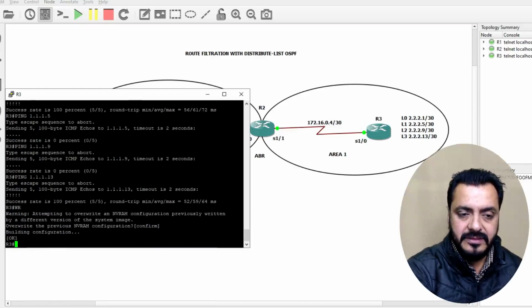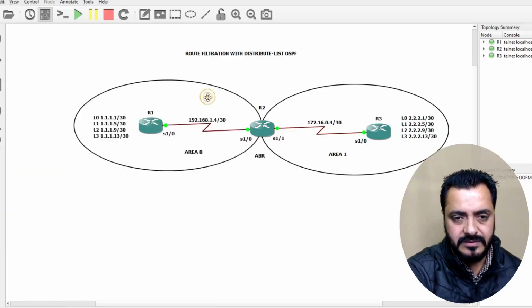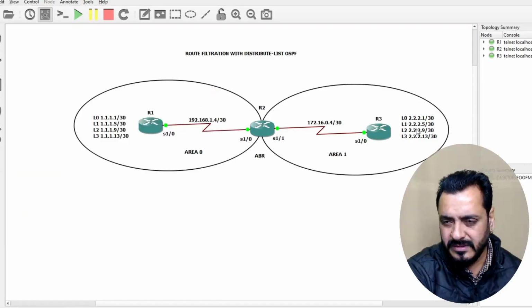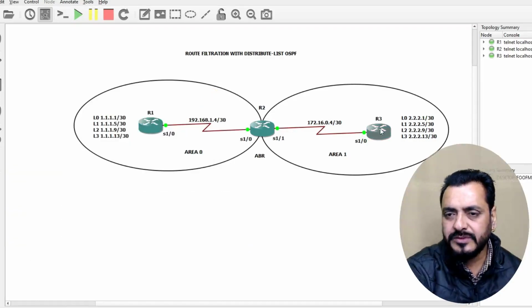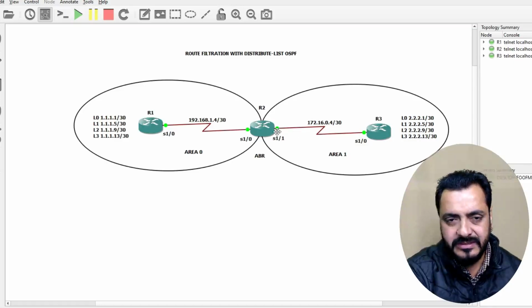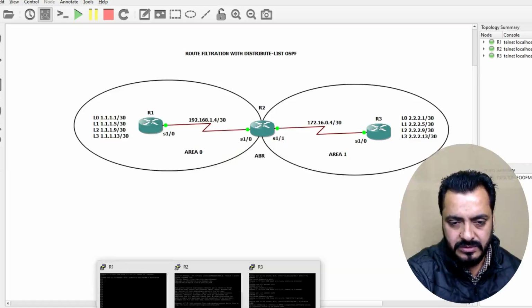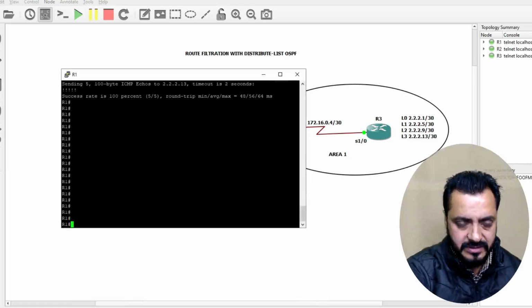Okay. Now we can also test this from R1. Suppose R1 doesn't want these two routes from R3, like 2.2.2.0 and 2.2.2.8. So we are going to filter 2.2.2.0 and 2.2.2.8 onto R1. So again, this can be achieved